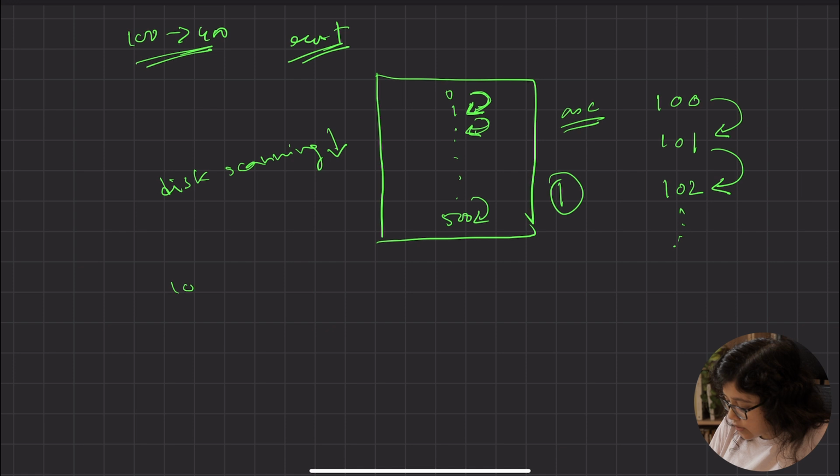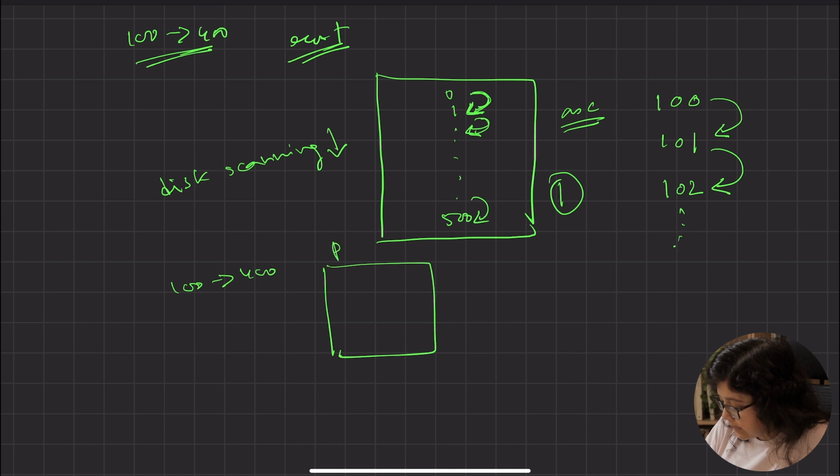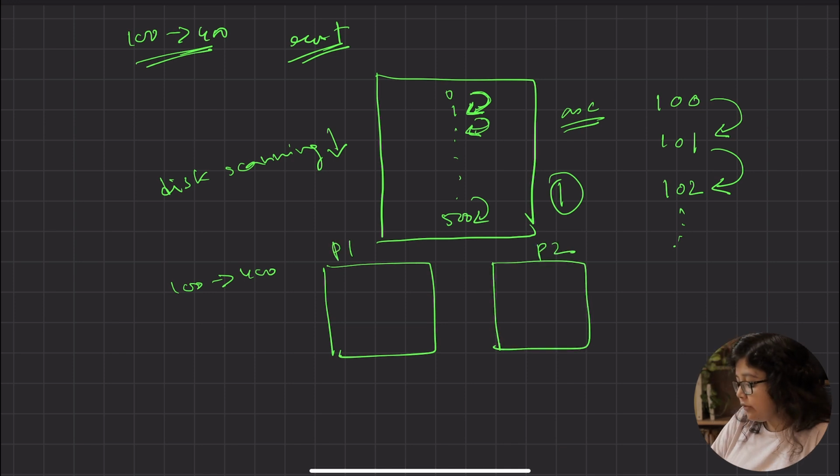If the data records of 100 to 400 were spread between 2 pages, that is P1 and P2, then we had to bring both the pages from disk to main memory. The next pointer of the page P1 will point to the page P2.